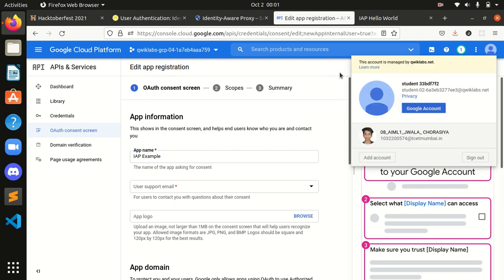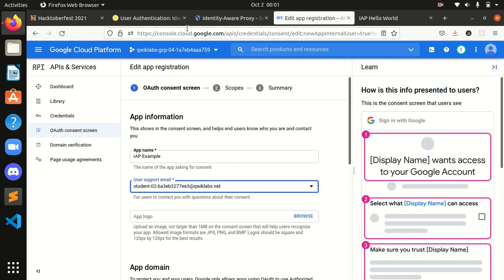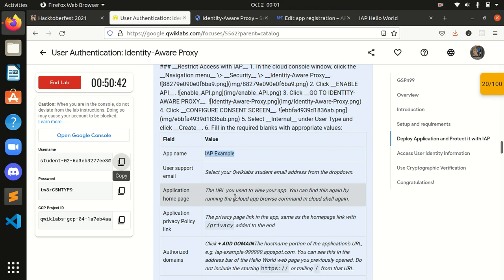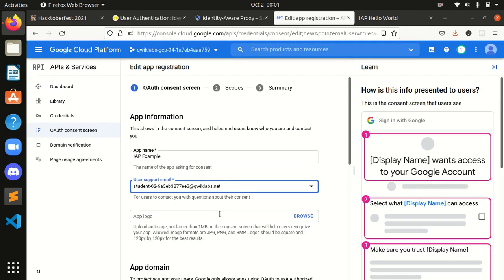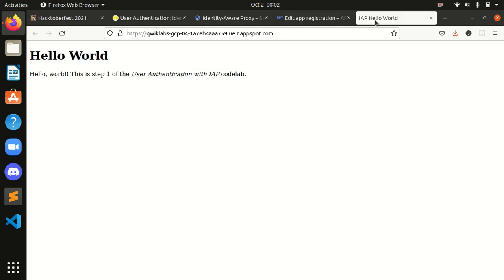Okay, this is it, right guys? I will select it here, and the next step is application homepage. The URL you use to view your app, you can find this again by running this command. Application homepage, where is it guys? I will copy that URL of this app